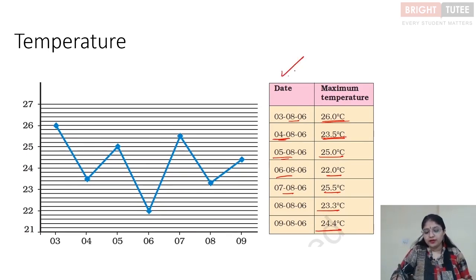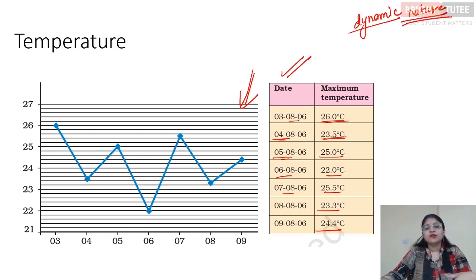On the basis of this data, a graph is plotted over here. You can see the graph, how the weather pattern is so erratic, right? You can see how the maximum temperature itself has so many changes in it, right? So in this way, when you look at this data and when you look at the graph, you see the dynamic nature of the weather,